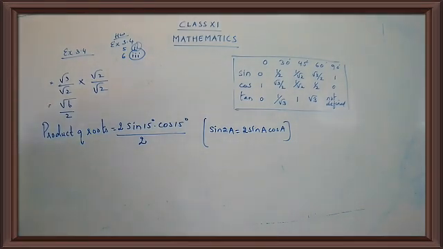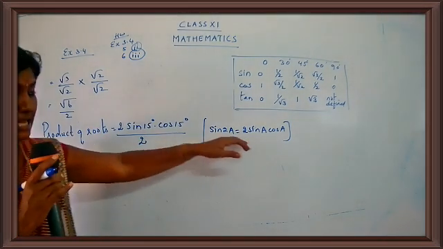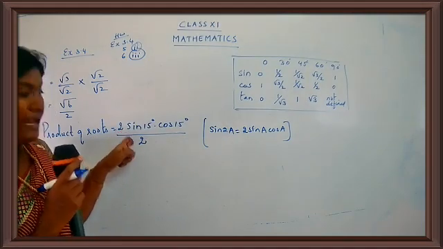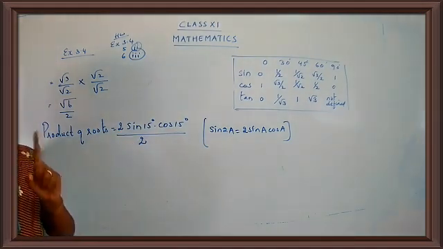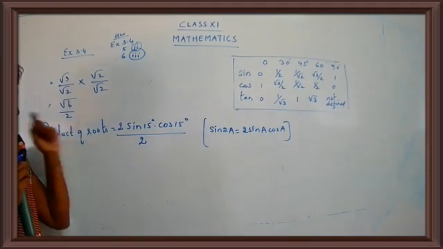So what formula are we going to use there? We are going to use the formula sine 2A is equal to 2 sine A cos A. Are you getting my point, children? Okay, good. So we have just sine A cos A, and I want 2 sine A cos A. So I am multiplying and dividing. Remember to divide also. Just do not multiply and leave the sum. Everything will go wrong, children. Multiply and divide. Okay, now we have done.